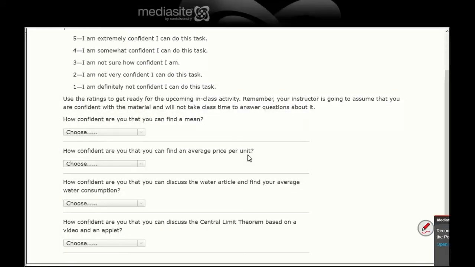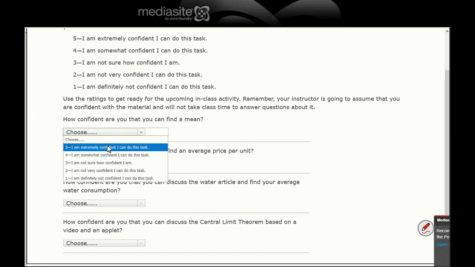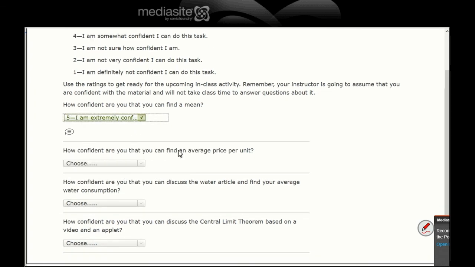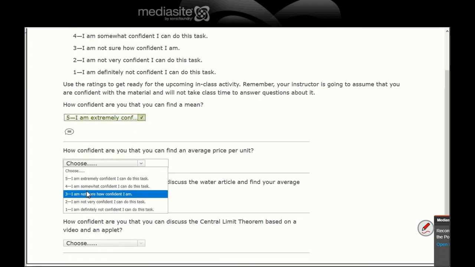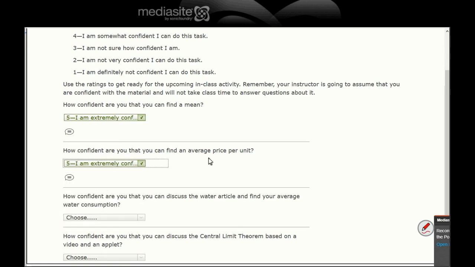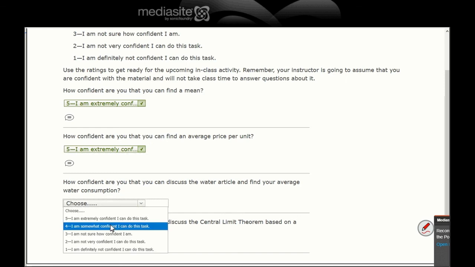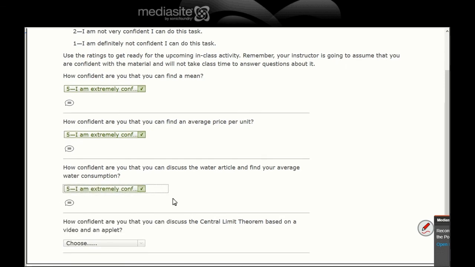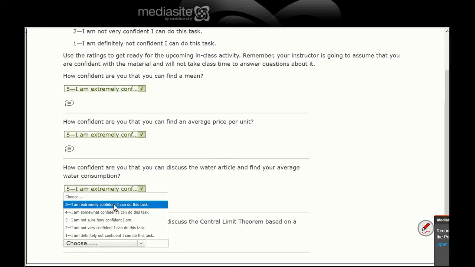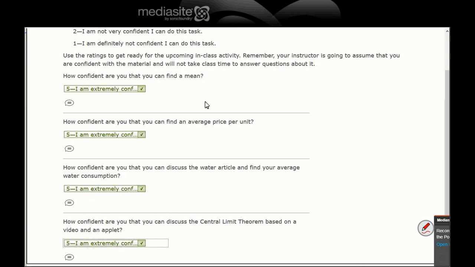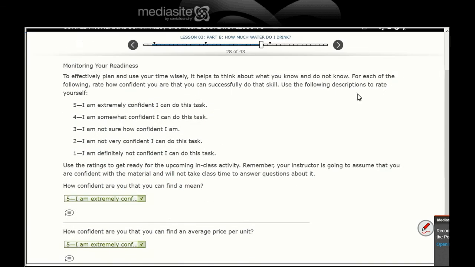All right. This is a longer one. So how confident can you find the mean? Me, I feel very confident. How confident can I find the average price per unit? Well, just divide by how many units there are. How confident can you discuss the water article and find your average water consumption? I'm pretty confident. And the central limit theorem, I'm confident because I use it for a living. However, you may want to